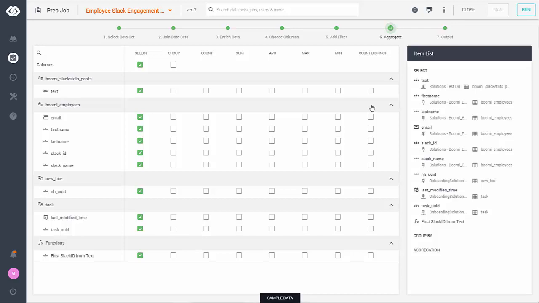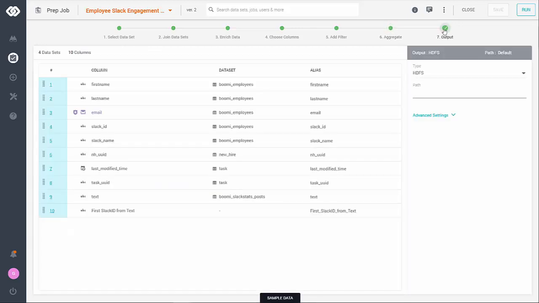If you were to want to do more averaging or counting on distinct, you would have to leverage the grouping conditions here to ensure that these are properly calculated. But just jumping into step number 7, all of the columns can then be outputted out to, say, an HDFS data store if you're doing some simple